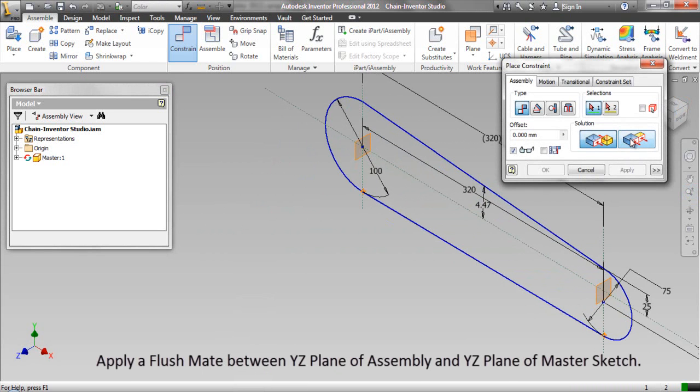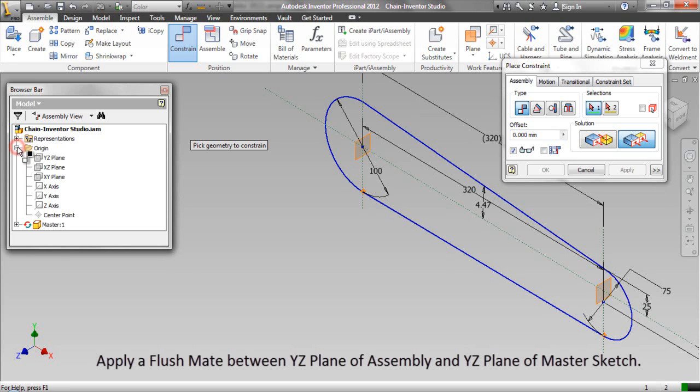Apply a flush mate between YZ plane of assembly and YZ plane of master sketch.